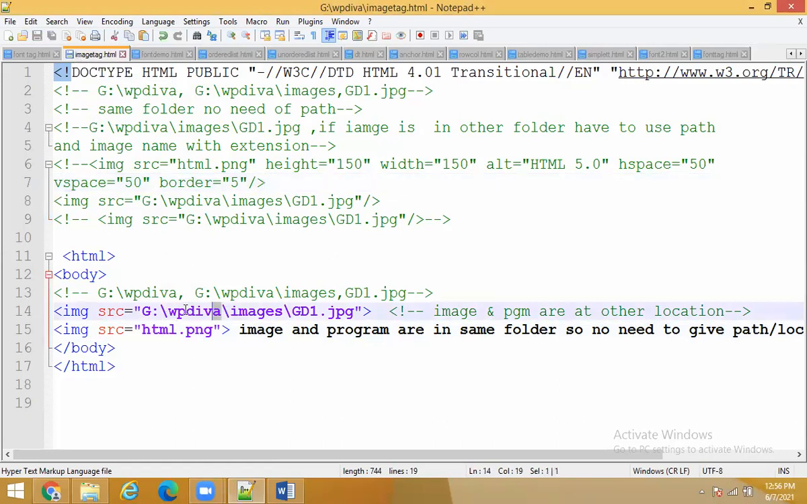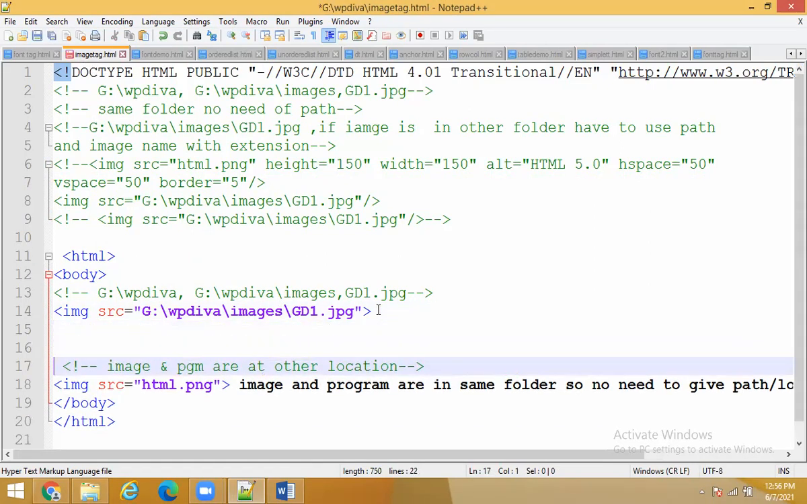In which folder? That is G drive, WP division A. And the image is also in the same folder. So when the image and program are in the same folder, there is no need to give the path. When the image is in another folder, you have to give the path. When the image is in another folder and the program is in another folder. So what happens here? Here, this image, if you can see,